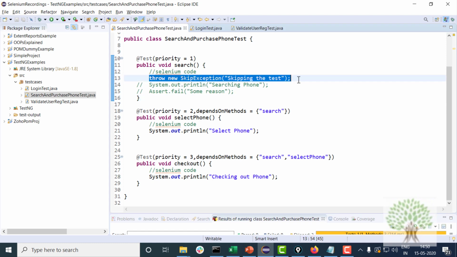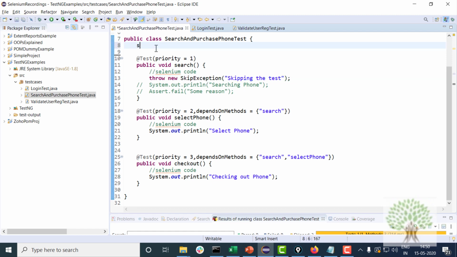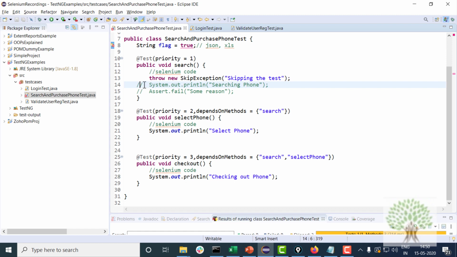Generally, if you have 5000 test cases, you just don't go and comment and uncomment the code over there. We keep some kind of flag, equals to true or false. Fine, we read this flag from an external file like JSON or XLS, and we skip the test case based on this flag.